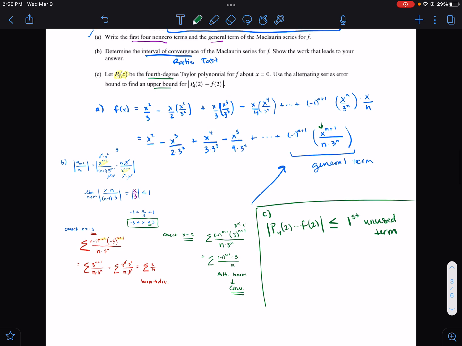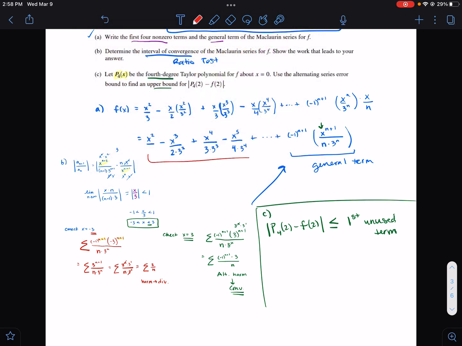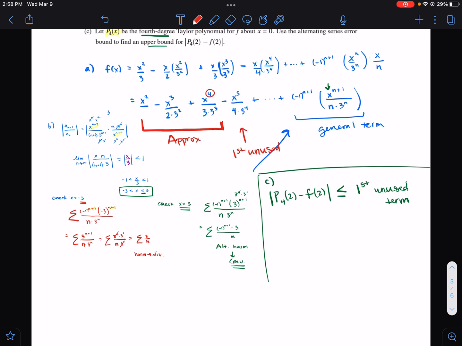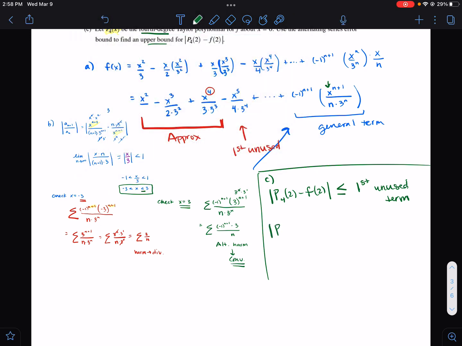So degree 4, this is where it's helpful that I had this polynomial written here. So a degree 4 would be this approximation, up to there, because I want to go to degree 4. So my first unused term is this term right here. So this error, I'll keep this written as the polynomial of degree 4 minus the actual value evaluated at 2